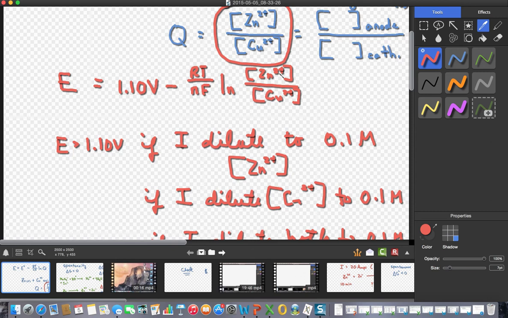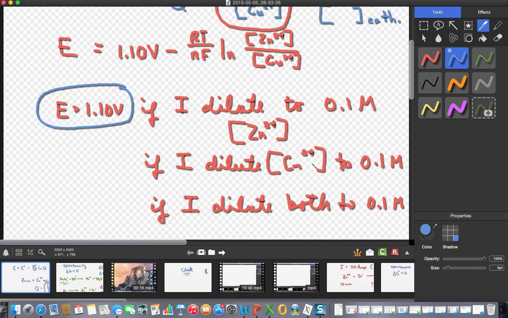I could concentrate copper 2+. The only way you're really going to be able to do that is to add solid copper sulfate to one of your cells. It's a lot easier to envision diluting. You're just going to add some water. But either diluting zinc or concentrating copper will increase the electrical potential from its normal standard value of 1.10 volts. Let's look at